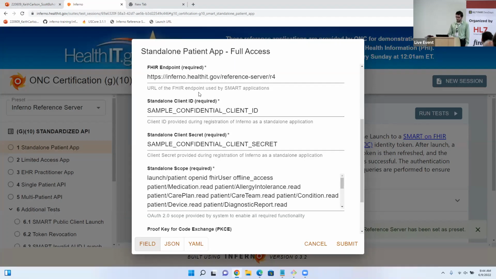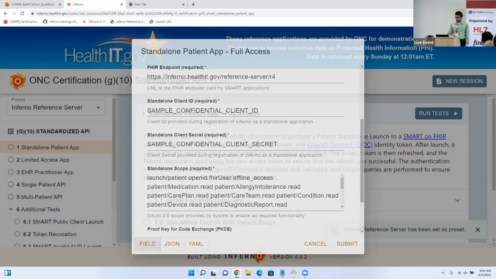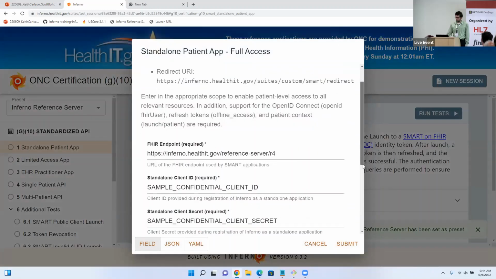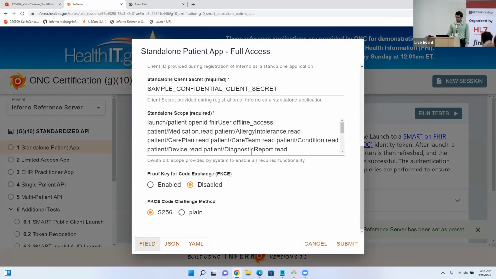So we have things like the Inferno reference server FHIR endpoint. We've got the credentials that were obtained through the application registration process. The scopes that are being requested as part of this test, and then the optional